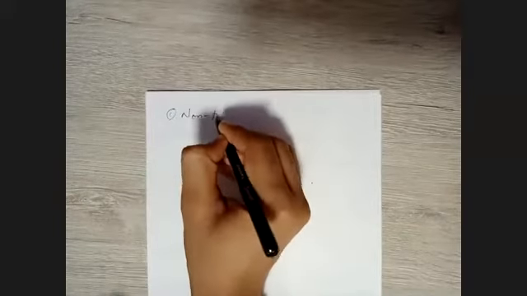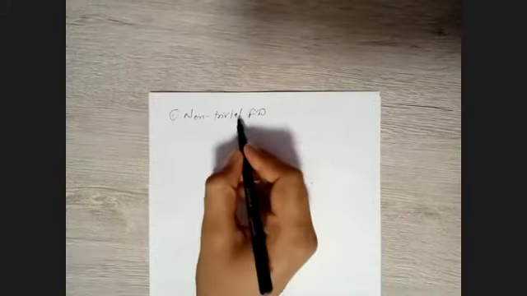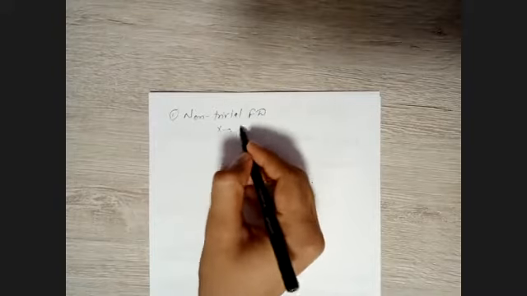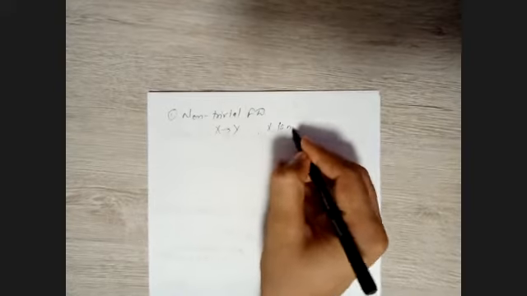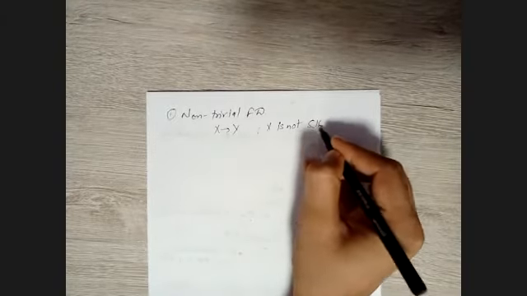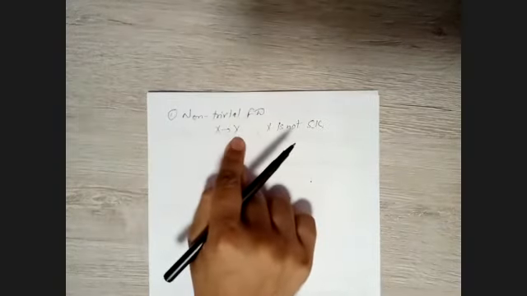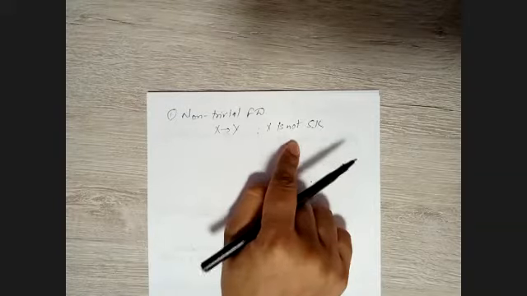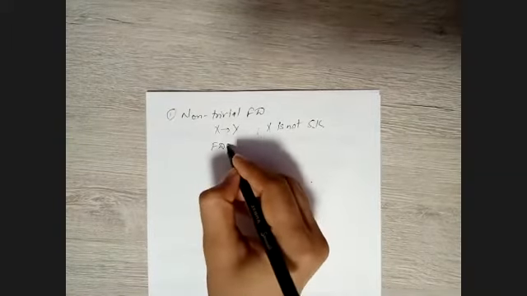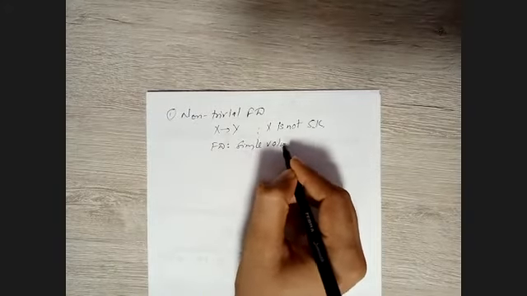First is non-trivial functional dependency. We have seen what trivial and non-trivial mean. So we have non-trivial functional dependencies, that is, X determines Y, with X not a super key. Remember, in any non-trivial functional dependency, X determines Y and X is not a candidate super key. Here functional dependencies are basically single-value dependencies, not multi-valued.